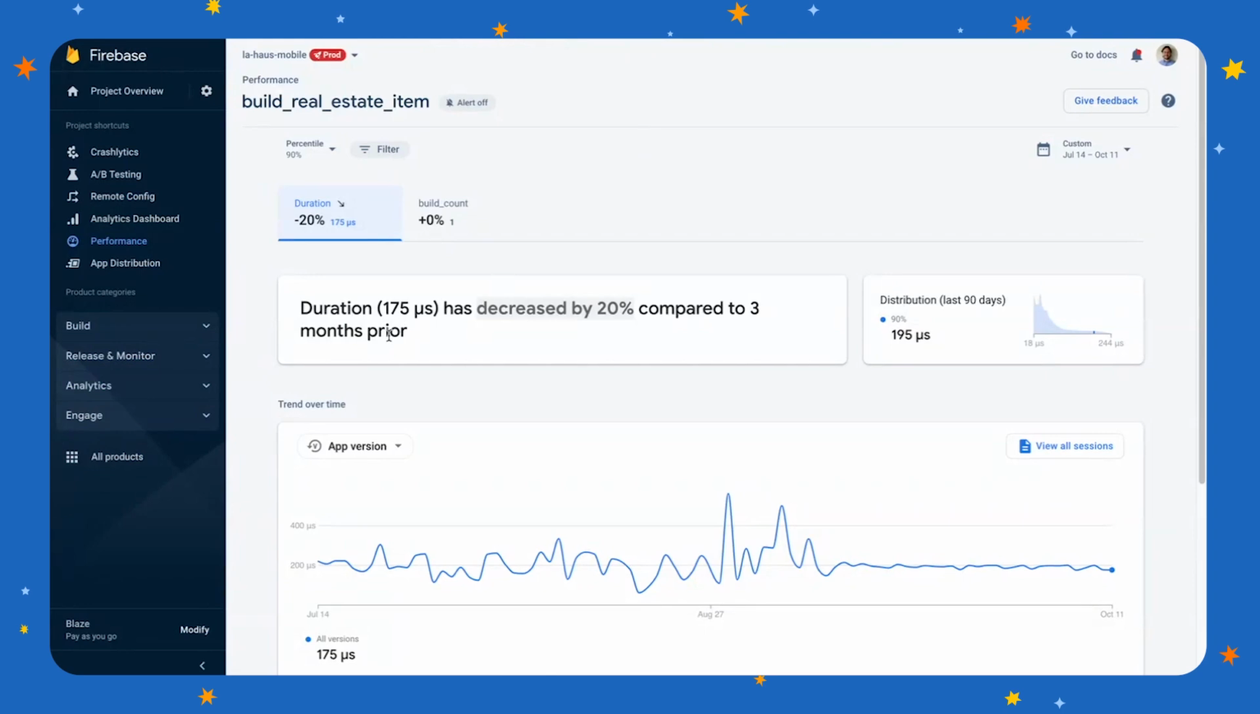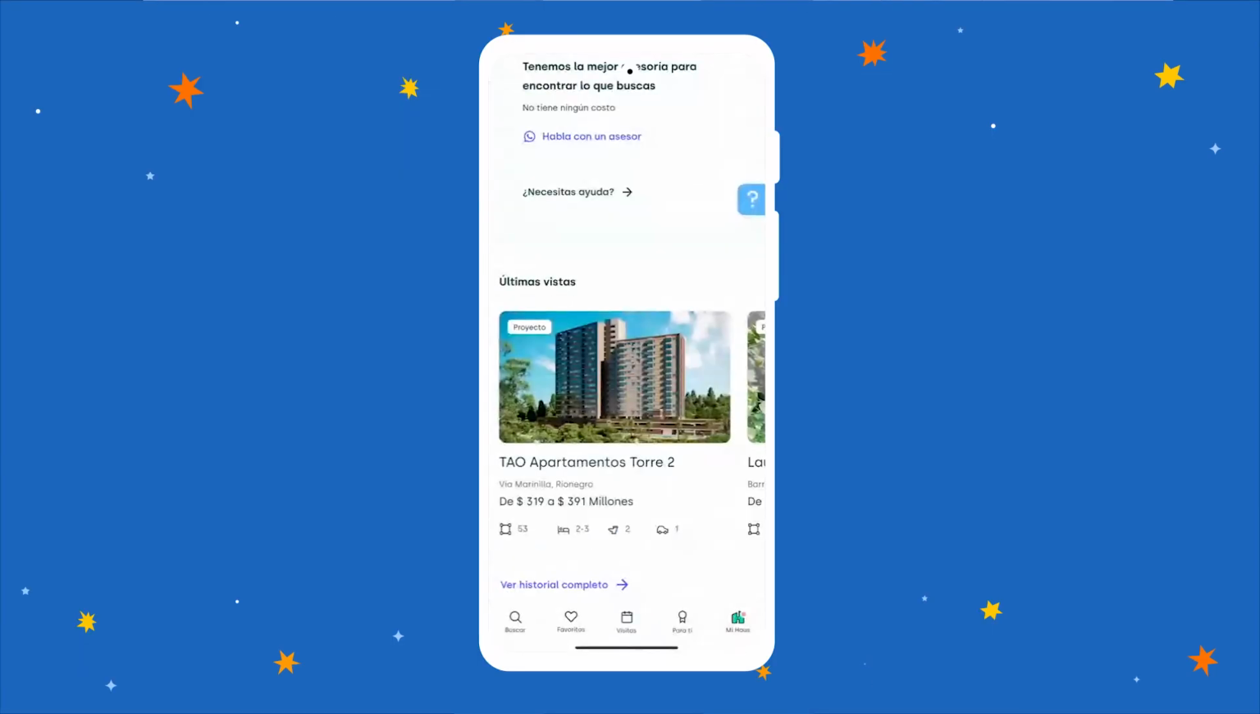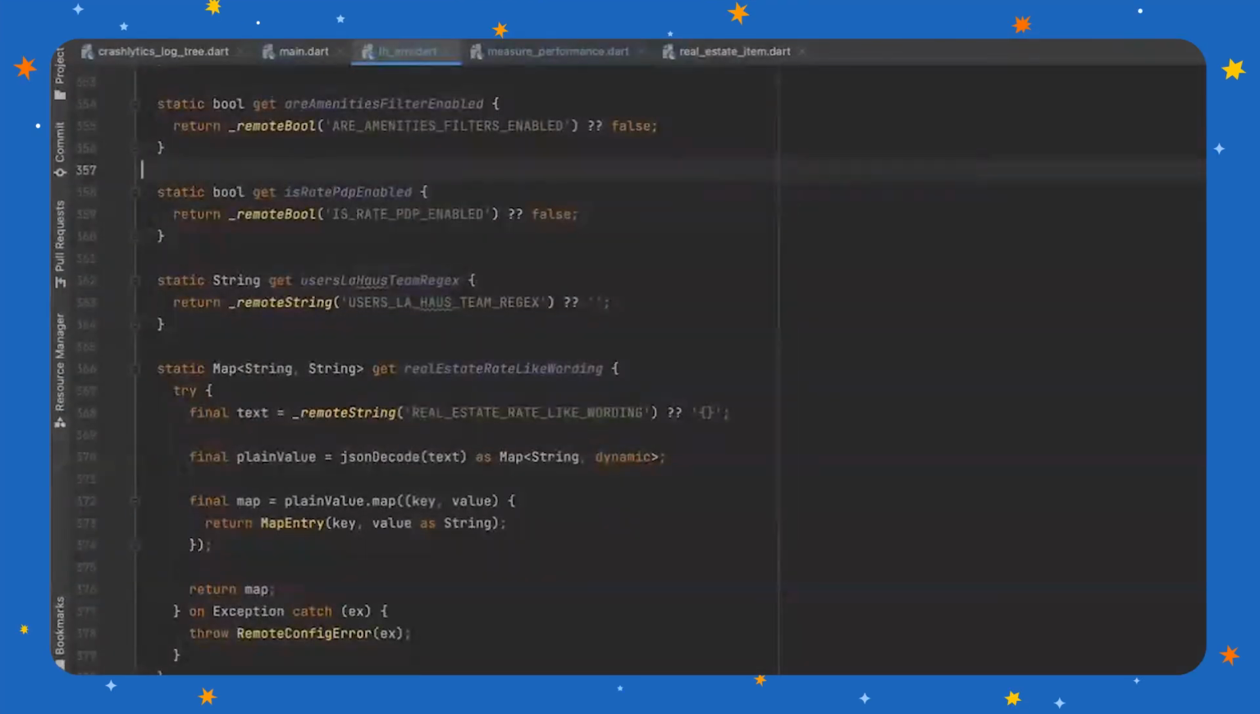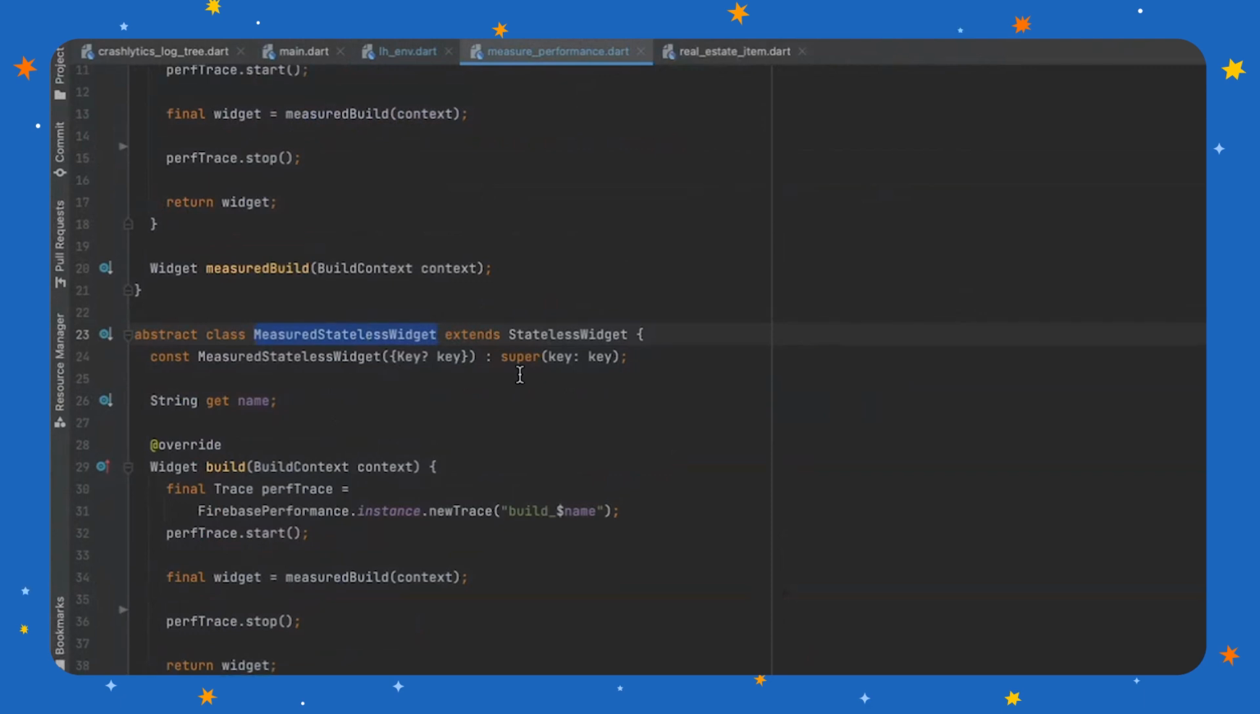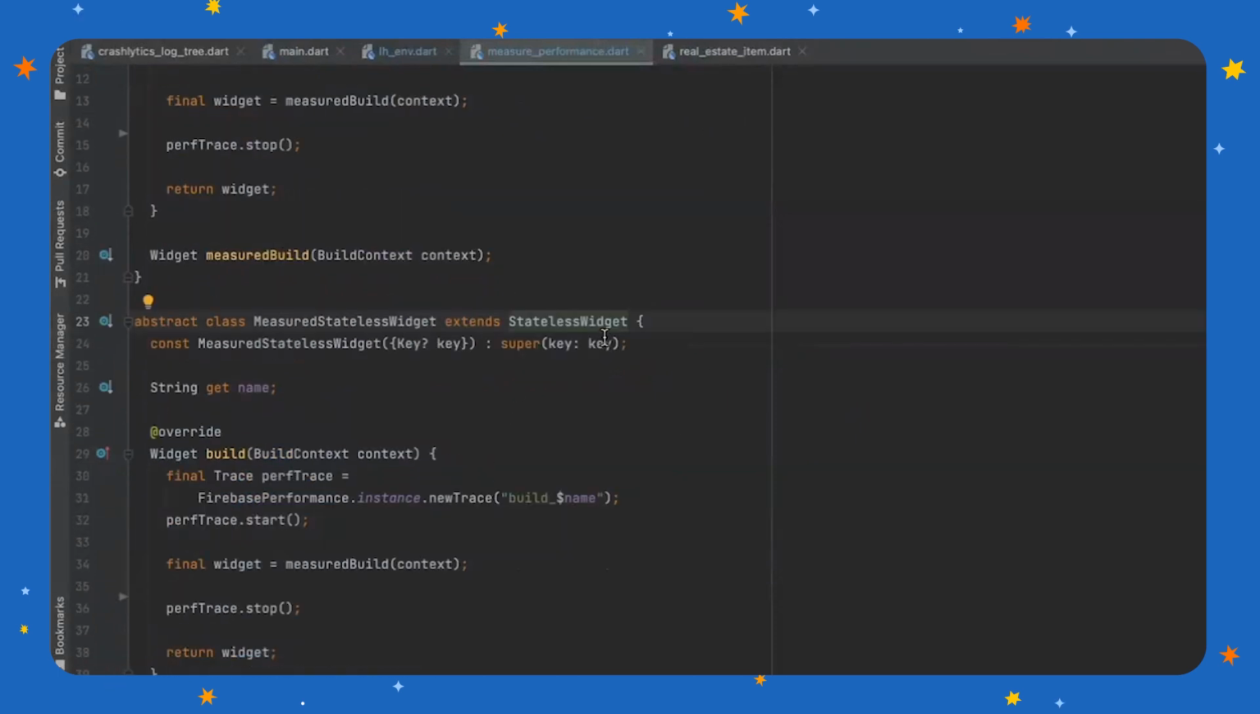Let's take a look at the code. So I wonder how you implemented the custom tracing. Got it. So this custom tracing is implemented with a pretty straightforward solution, I think. On Flutter, everything must extend from the stateless widget or have a state, but let's talk about the stateless widget. We created this custom widget that just has this name, and also creates a trace before the build